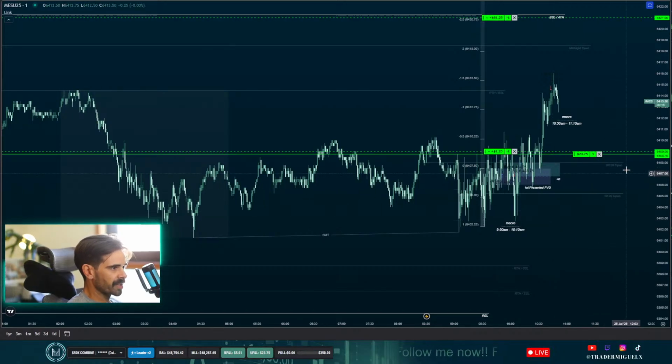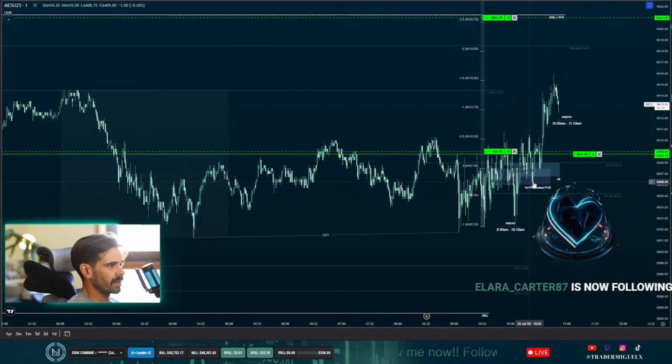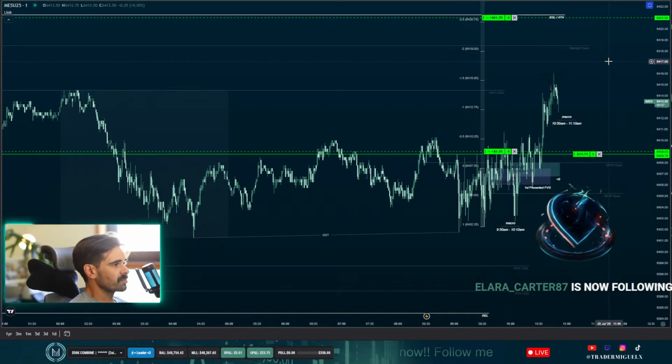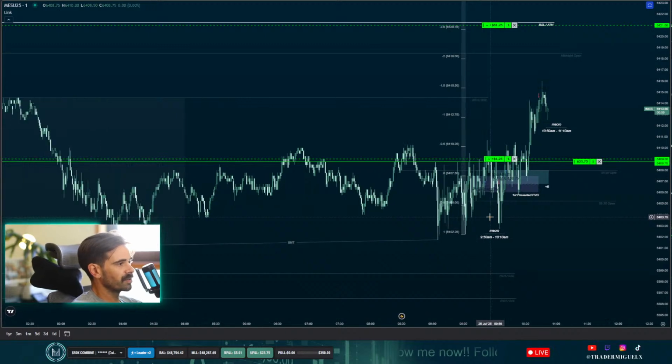Eventually 930 and 830, or the first presented fair value gap will hold the price, and we will just move higher from here. But yeah, this move here, the manipulation lower, taking out the sell side, and I don't even